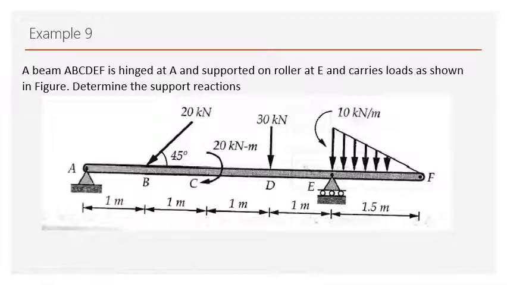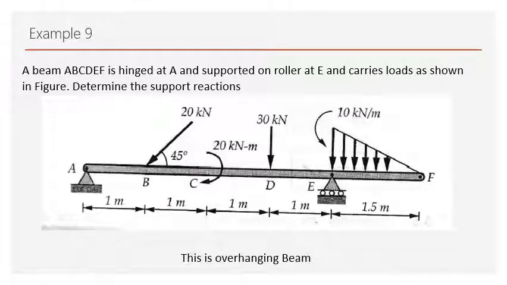But what we are seeing is there is the span EF. Support E is not the support at the end of the span. What is that EF? What kind of beam is this? This is nothing but, if the beam is projected beyond the support, it is called an overhanging beam. This is an example of an overhanging beam. First you have to note down that. Okay, yes, of course, two reactions at end A, one reaction at end E.